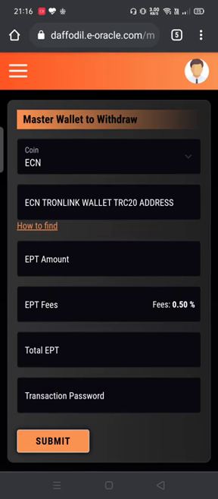Previously, you could see ECN everywhere here, and there was one more column which showed, once you entered the EPT, how many ECNs you would be getting. Now it has been converted to EPT. Why did this happen? Many community members raised a concern that if we are keeping 200 EPTs for payout, on the Monday when the actual payout happens, even if the ECN price is going down, they are in the loss.